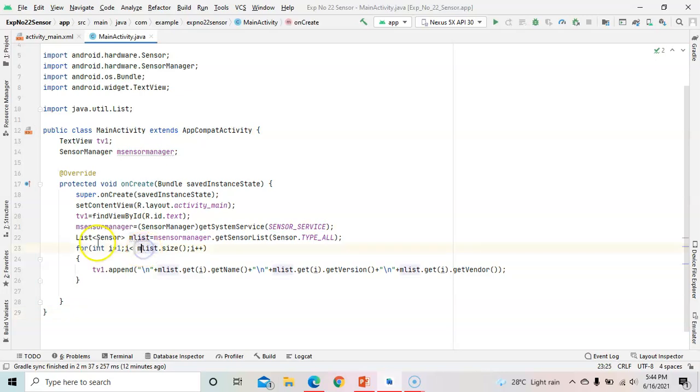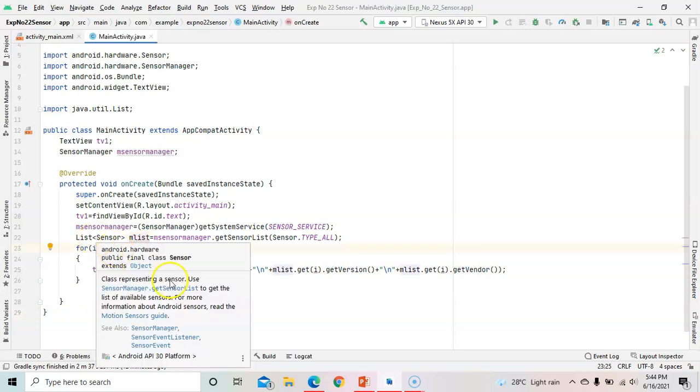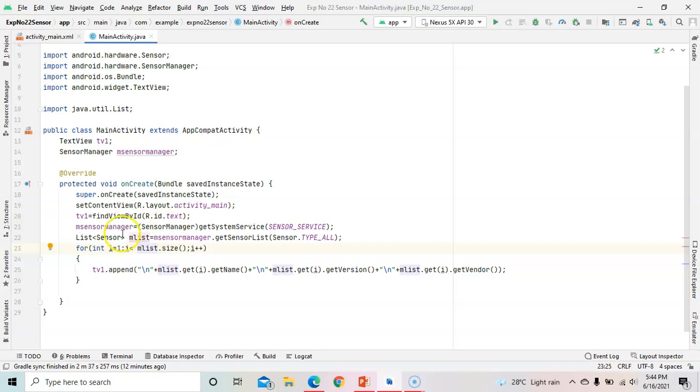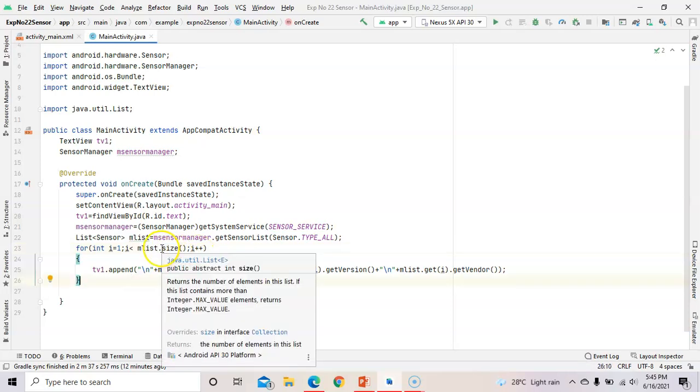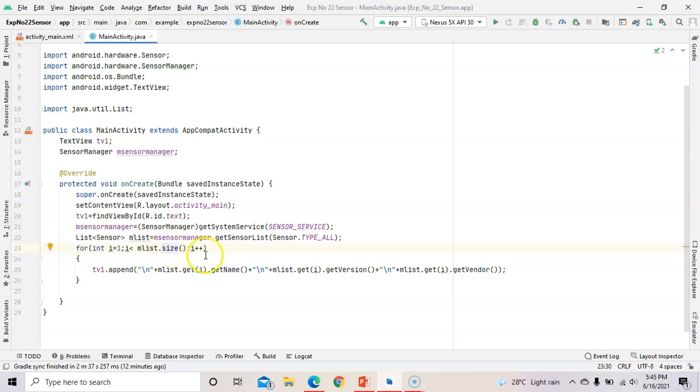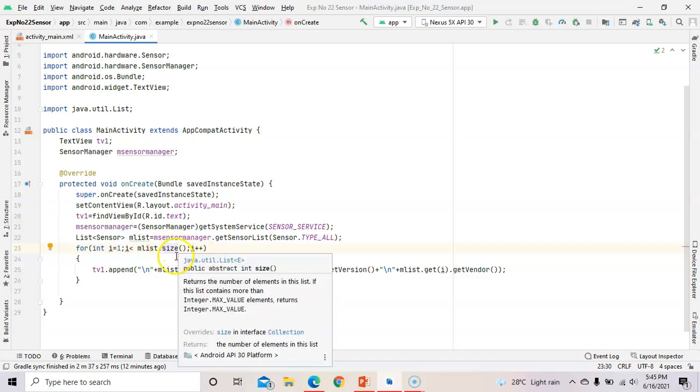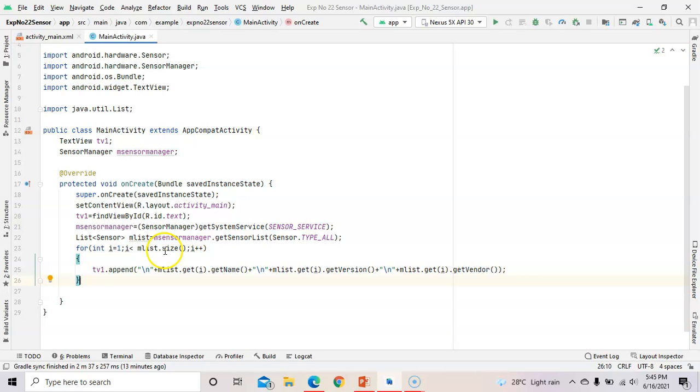AMList is the object of a list class, and size is the method of a list class. Till all the sensors are listed, this size method will be called. Now AMList dot size and I++.